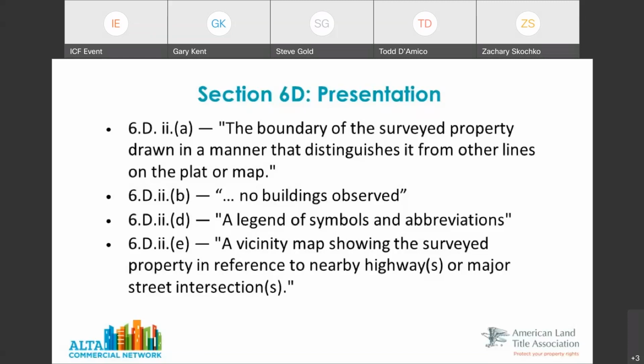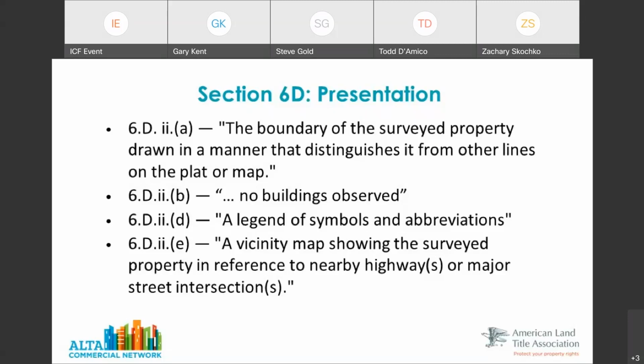There should also be a legend of symbols and abbreviations. And from a surveying standpoint, I might know what all these things are, but the public doesn't know them, the lender doesn't know them, and maybe in some cases a surveyor is using a symbol that is a little different than what we're all used to. So maybe when it's going through the HUD review, you don't know what that item is. Most of us know maybe what a manhole looks like, but all those symbols should be listed in a legend on the face of the survey. That way, as you're reviewing the survey, you can rely on that legend to tell you exactly what that is.